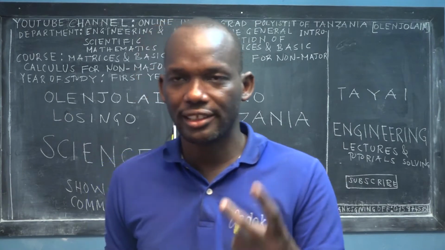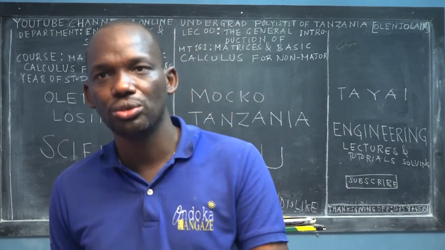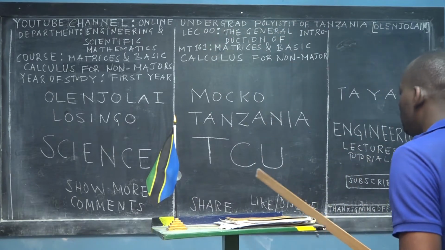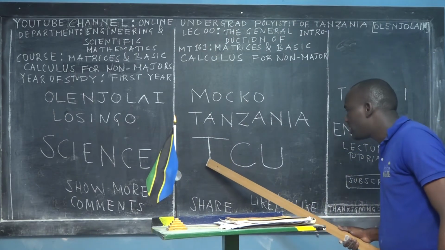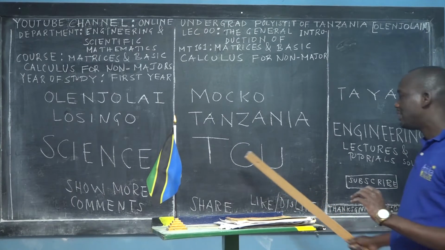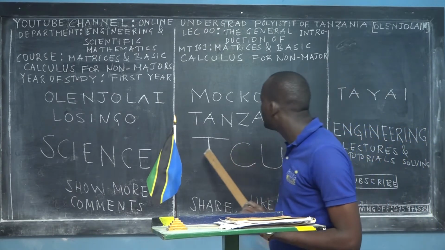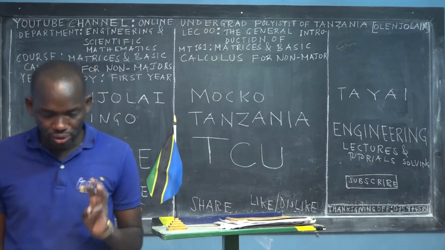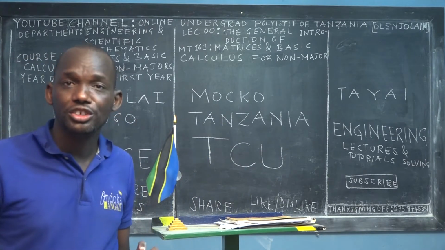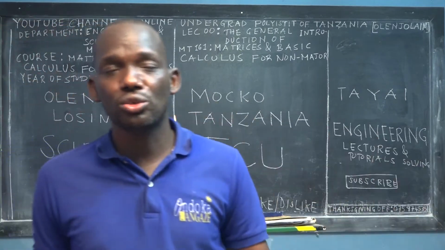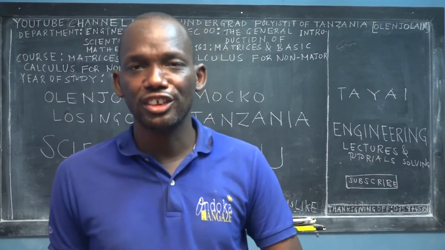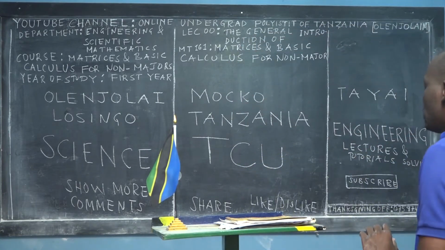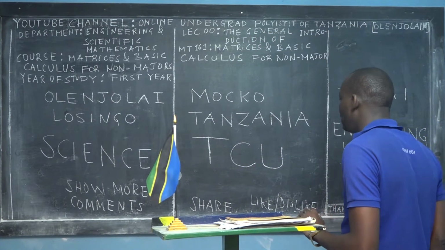And there are the two, as I said, NACTE and the TCU. So today our focus is on TCU. These are the abbreviations of Tanzania Commission for Universities. The main focus of TCU is guiding or accrediting different universities and colleges, and schools, maybe schools of engineering, colleges of engineering, and some of the institutes, even minor institutes, in order to make sure that when students graduate, they have